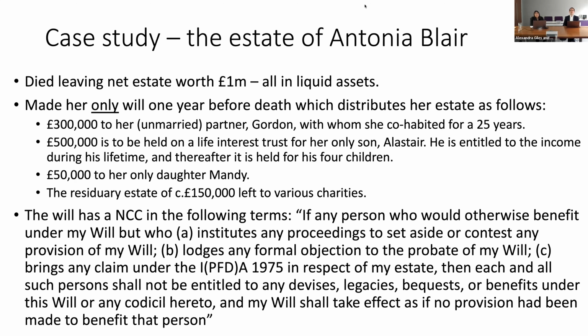So we're looking solely from Gordon's perspective from a 75 Act angle. Gordon seems to be receiving 30% of the net estate, which is that difficult borderline of generosity where, as a long-term cohabitee, he'd be eligible to bring a claim. He was clearly reliant on Antonia for his housing need and perhaps other needs given his impecunious state. However, if the clause is valid, which it seems to be, the court would treat the first stage as Gordon receiving nothing from the estate if he were to bring a claim. And then it would be looking at what is reasonable for Gordon.